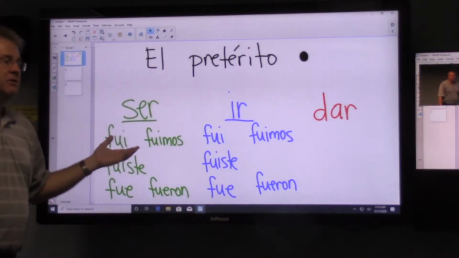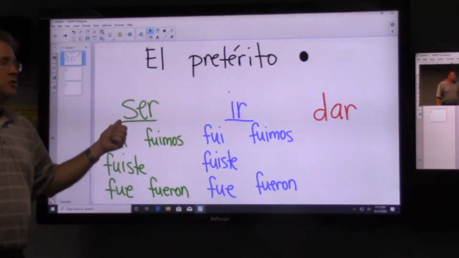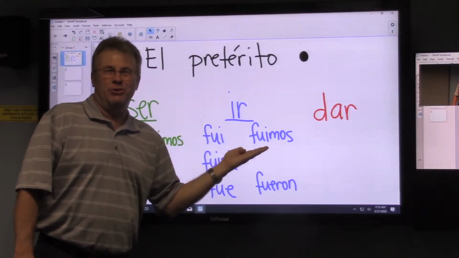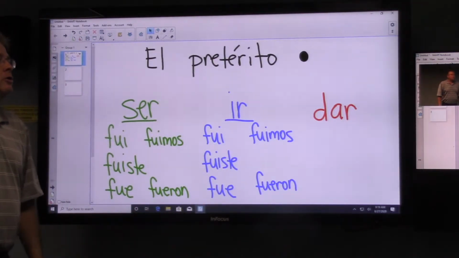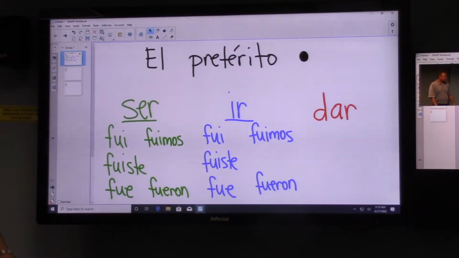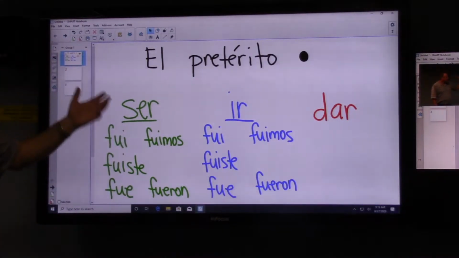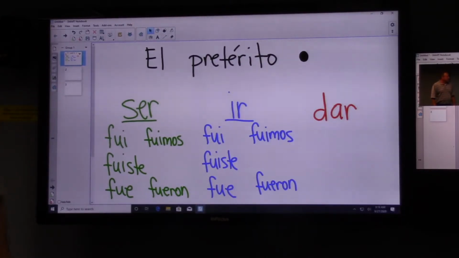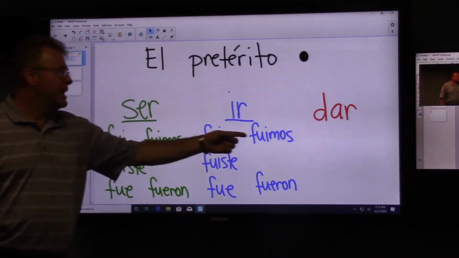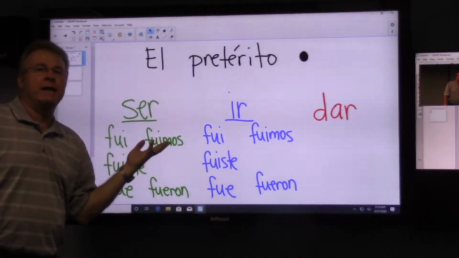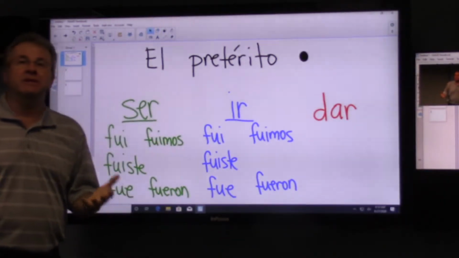For example, even in English, I wouldn't say something like, yesterday I was to the store. No, you'd say, yesterday I went to the store. You see? Or you wouldn't say something like, let's see, yesterday we was nice, or we went nice, but today we're not. No, yesterday we were nice, but today we're not. Yeah, anyway, that was kind of a silly sentence, but you get what I'm saying.